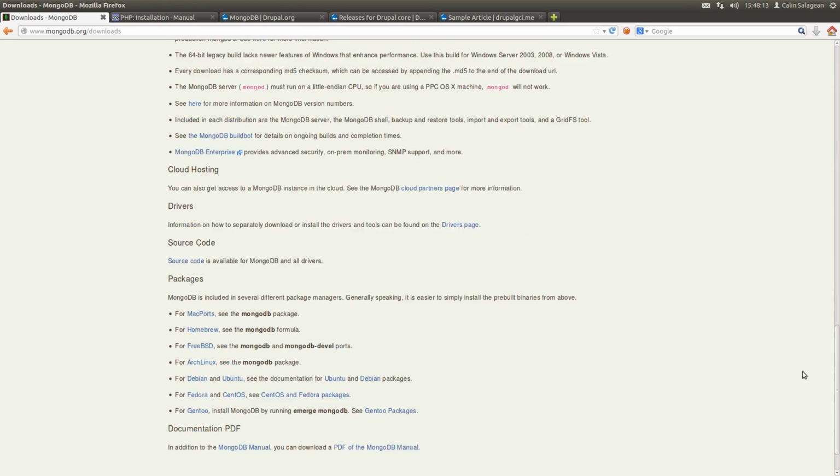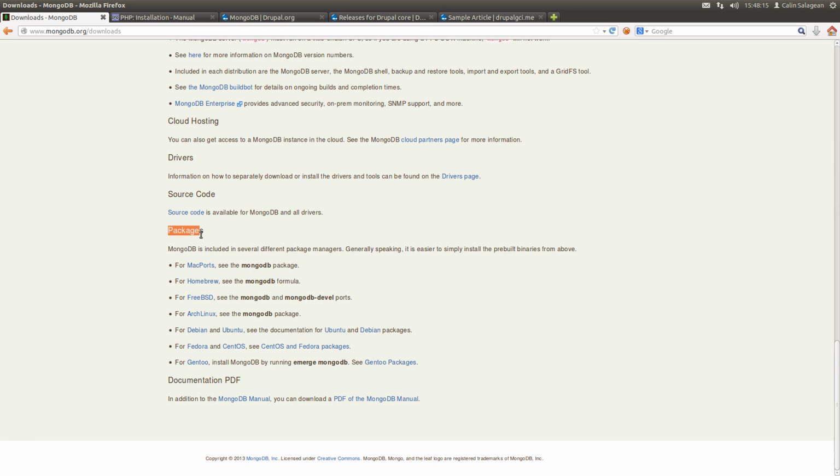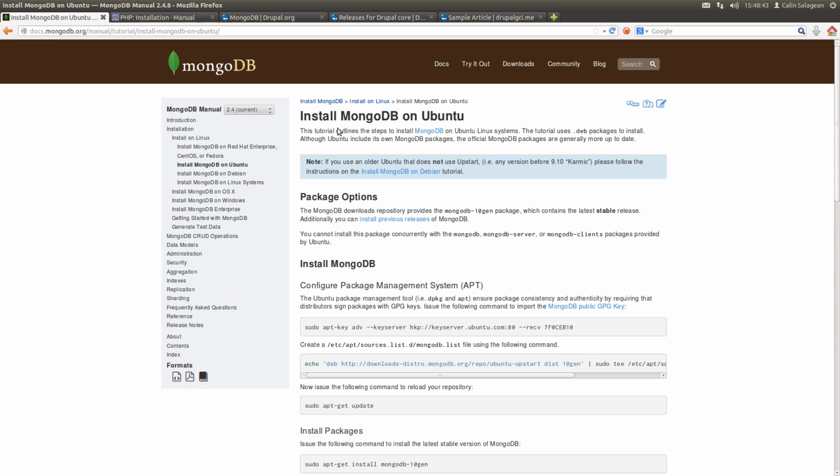Otherwise I will go on the bottom of the page, and here you can find packages for some operating systems like Mac, FreeBSD, Arch Linux, Debian and Ubuntu, Fedora or CentOS, and Gentoo. So as you know, I run Ubuntu, so I will choose Ubuntu packages. I will go on a specified page where we can find a tutorial of